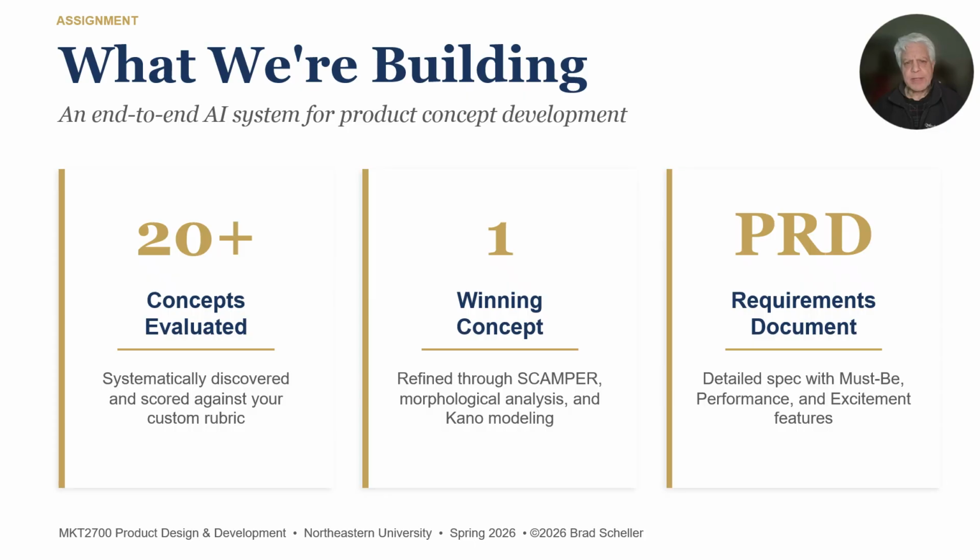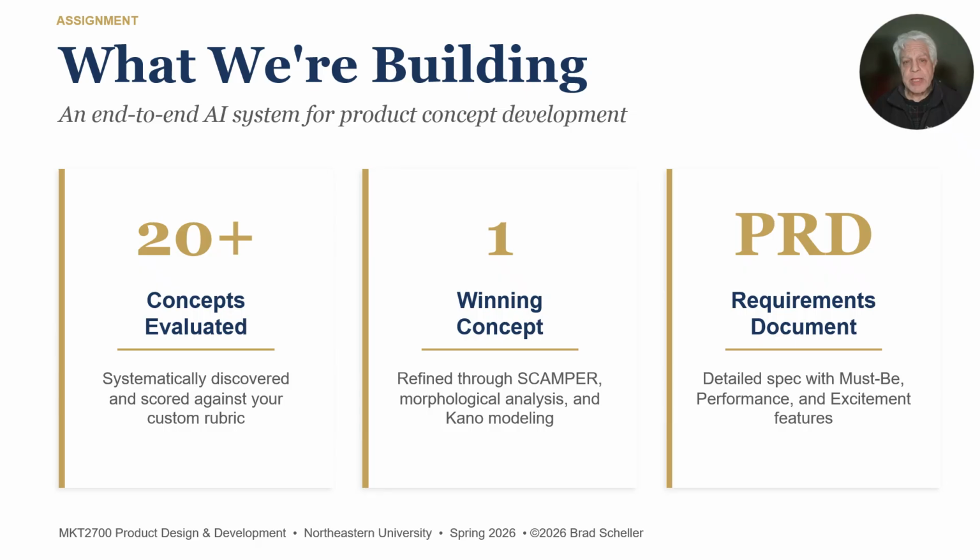Actually, I think it's the 15th. I'm sorry. First, you'll have evaluated at least 20 product concepts. These are not random ideas coming from a brainstorming session. They've been systematically discovered through AI-powered research across YouTube, Reddit, X, school communities, and industry sources. Each one scored very well, and this was based on a rubric geared towards your particular company and its place